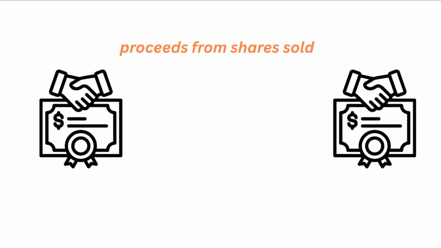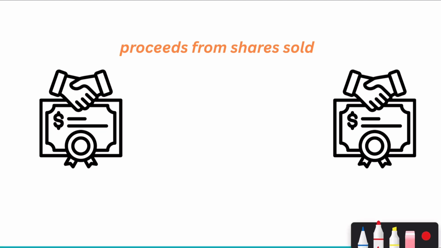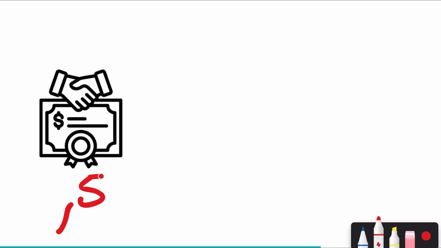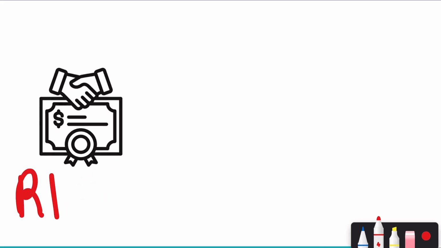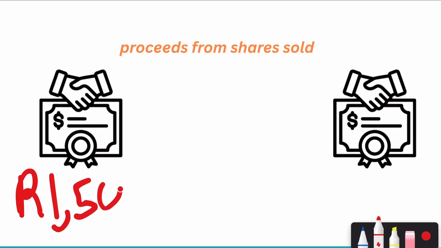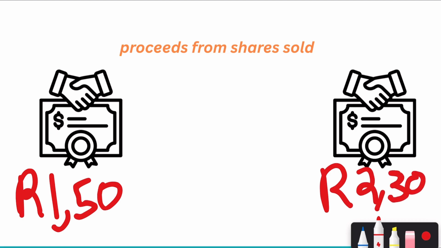So one other avenue is selling their own shares. So they can earn money by selling their shares at a later stage when they are valued at a higher price. So imagine that you are buying a share and you bought it, let's say at 1 rand 50 cents. That you personally bought this share at 1 rand 50 cents. But you decide to sell it at 2 rand 30 cents after, let's say, 4 years. Do you see that the difference is the profit that you've made from having the shares?